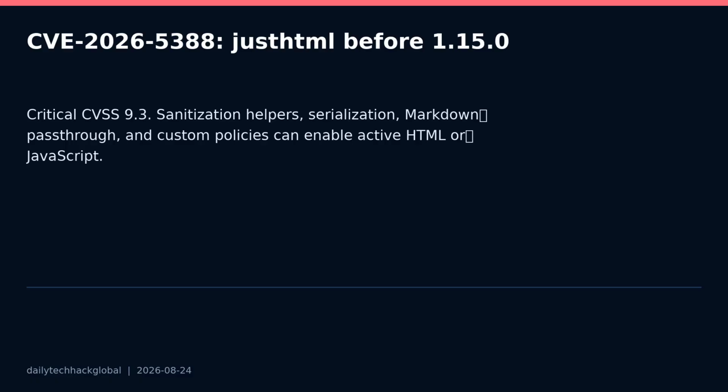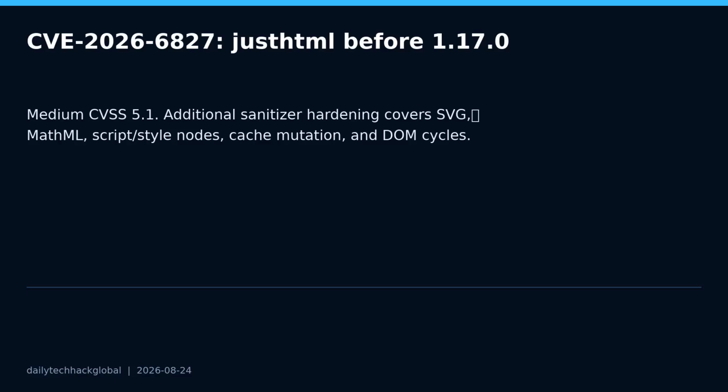The default safe sanitize path is less exposed than advanced configurations, but helper APIs, programmatic DOM construction, HTML pass-through, custom policies, and transform pipelines deserve immediate review. Upgrade to at least version 1.15.0, and test templates or AI-generated content paths that render untrusted HTML. Third, CVE